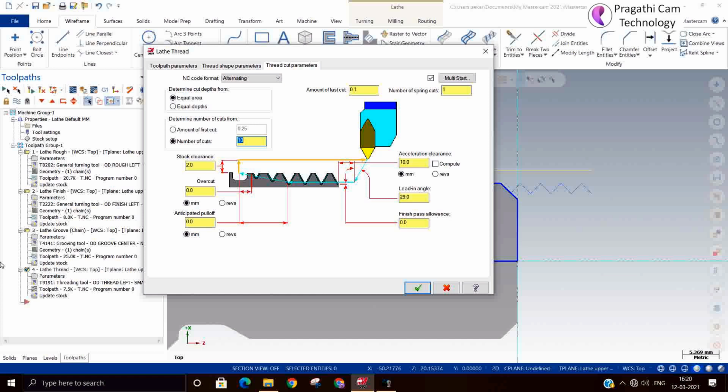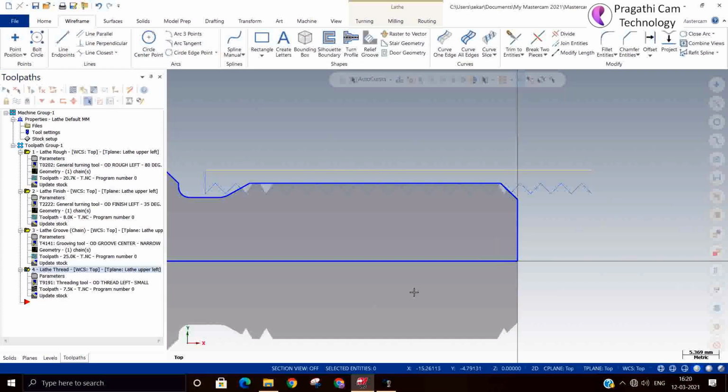What is important is your lead, your depth of thread and your insert shape. Any thread you can make by using this software. Okay, this is all about the threading toolpath. Thank you.